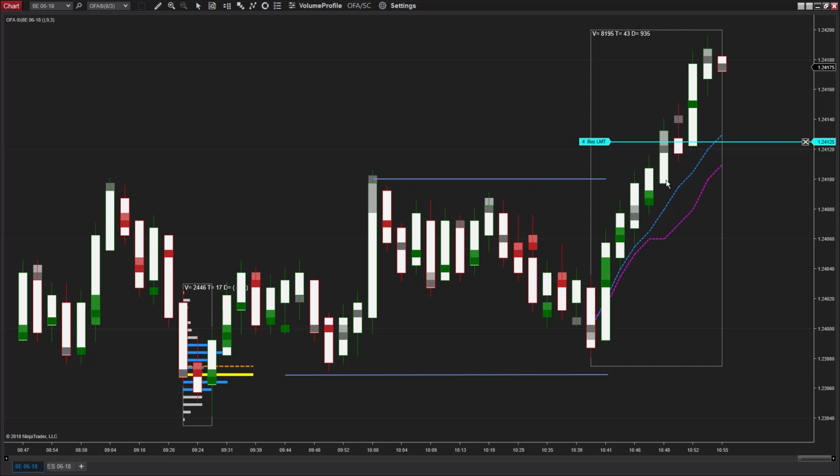From there, we have just another rotation and a solid push by the buyers. This is where the sellers come in and try to hold the market. So the buyers buy up, sellers rotate back, buyers buy up, sellers push back down, right? Then the buyers come in and initiate enough trade to carry the market higher. So this right here is a good transition. And if our order entry is anywhere near this, I feel good about it, and particularly with a stop a